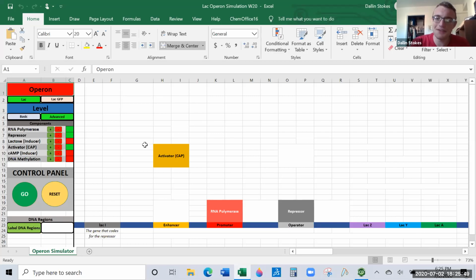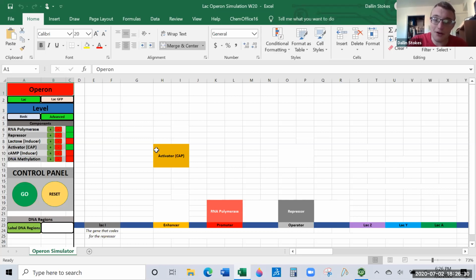I like to think of the activator like a cheerleader. If you think about it with the marathon runners, they run at a standard pace without anybody cheering them along. But then near the end, there's that guy that's always standing on the corner that's like, go, you're almost there! Run a little faster! And so then the marathon runner speeds up. Well, the goal here is, in order to make more of these, I need to speed up RNA polymerase so that it goes through its cycle faster and more often, hence it makes more protein in the same amount of time.